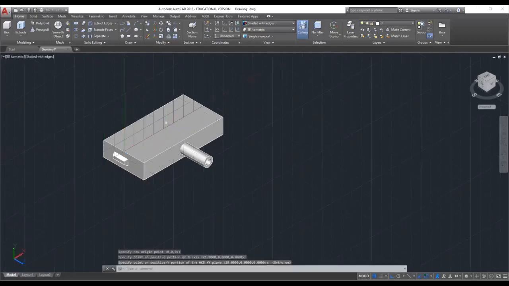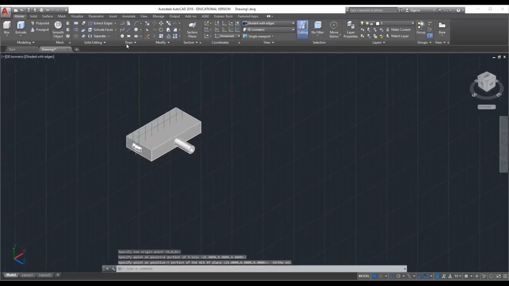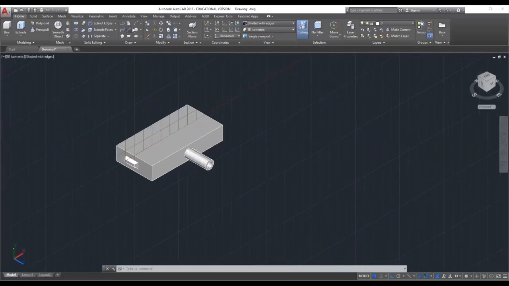Okay, set the x-axis and y-axis. I'll draw a line here, enter.